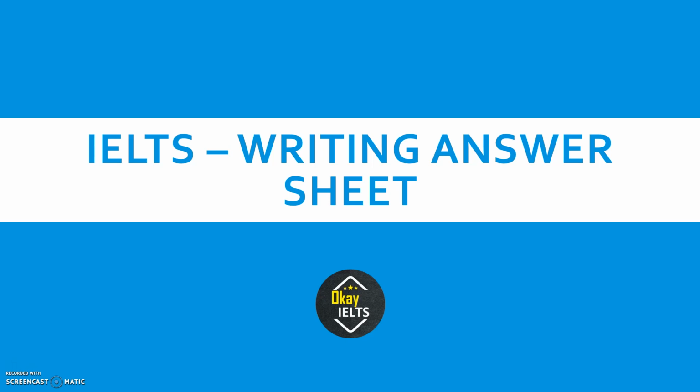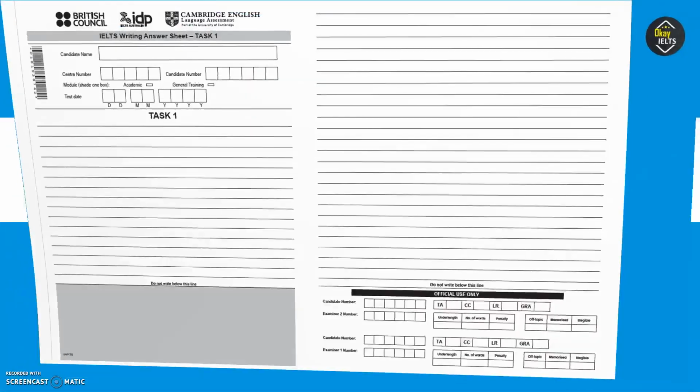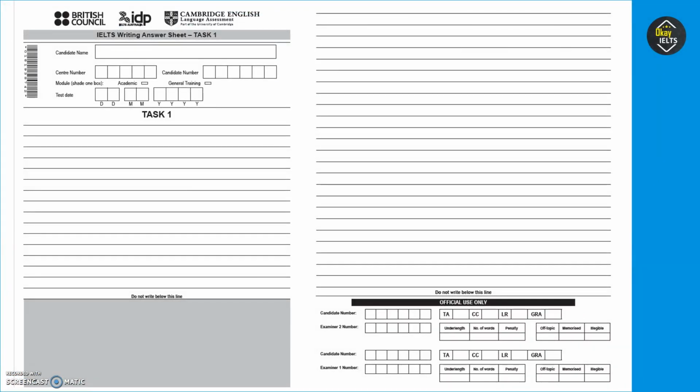Okay, so let's see what we have in this video. As you guys are very much aware, we have two tasks in the IELTS writing section. First one is task 1, that is letter writing, and then we have task 2, that is essay writing. So here on the screen you can see the answer sheet for task 1, right? And task 1 is letter writing, and you are supposed to write 150 words. Okay, and you can see here,